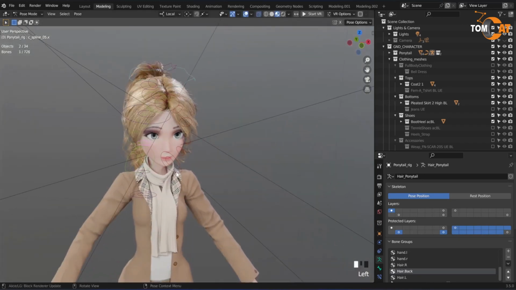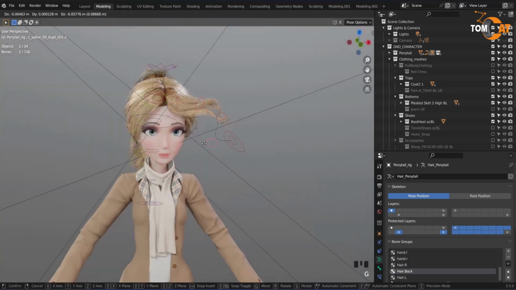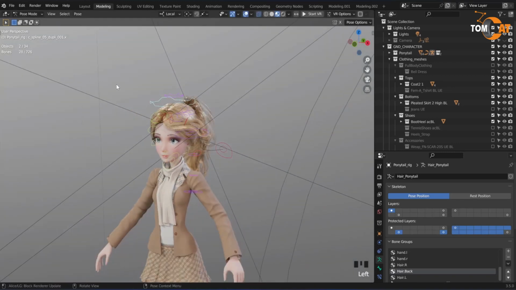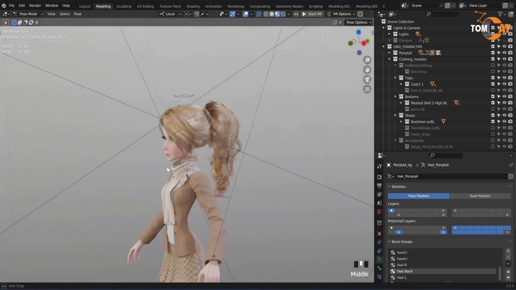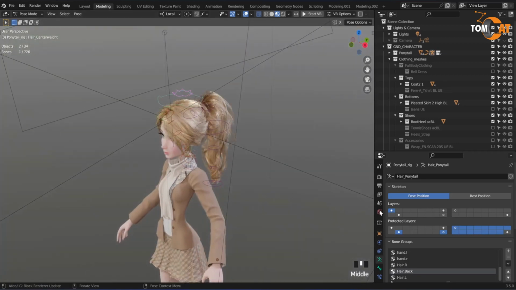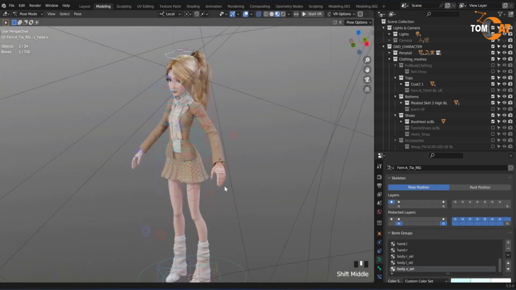Same thing for the front strands. You can grab the whole thing and move it, or you can move parts of it. So there's nice layers of control. Let's put that back, GRS. And same as the body, if you want to make all of these hair bones disappear except for the halo, you can click that. Then click the body, click that main control, and then you can focus on moving the